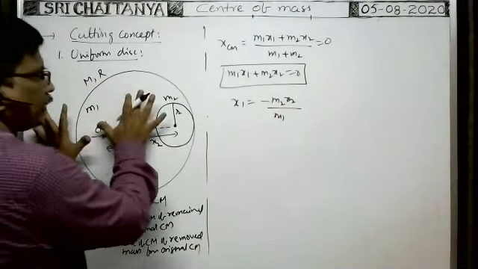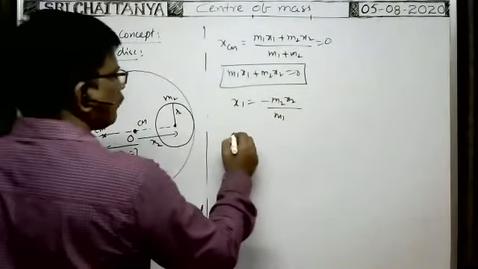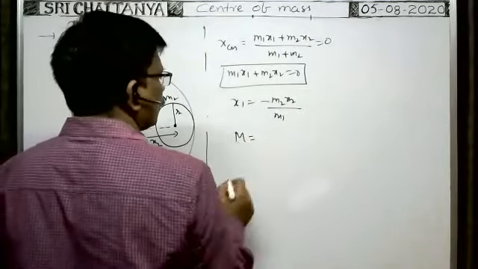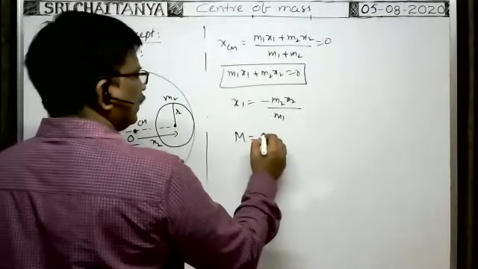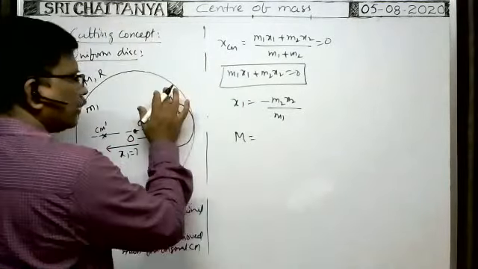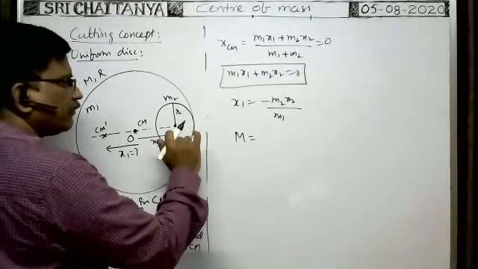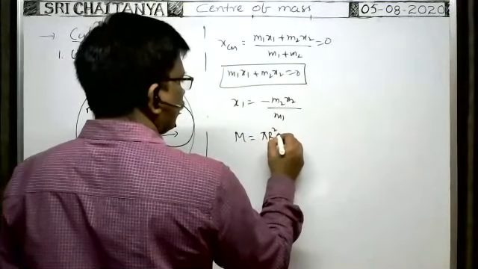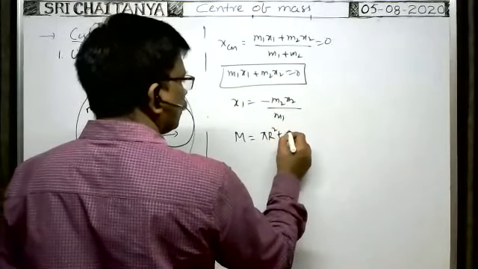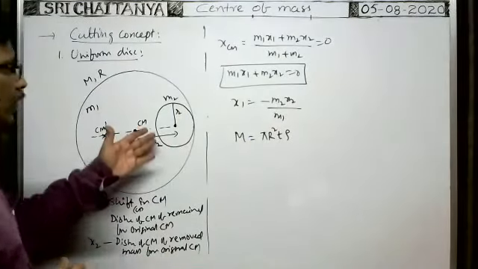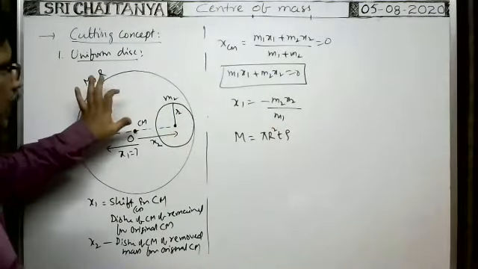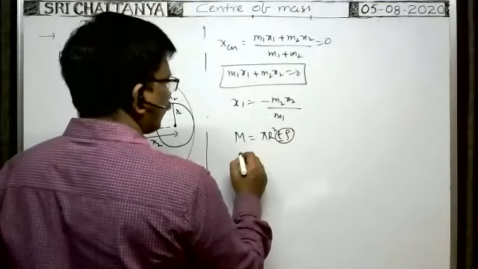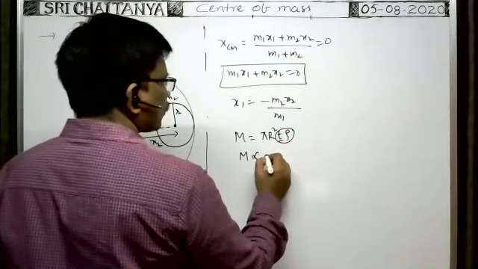Here, as it is the plate, mass of the plate m is equal to the total mass of the entire plate, is equal to area. You see, density of the material of the plate, suppose rho. Mass of the plate means area pi r square into thickness, volume into density gives mass. For removed part or from the remained part, thickness does not change, density does not change. These two are constant. That's why mass of any part is directly proportional to area.